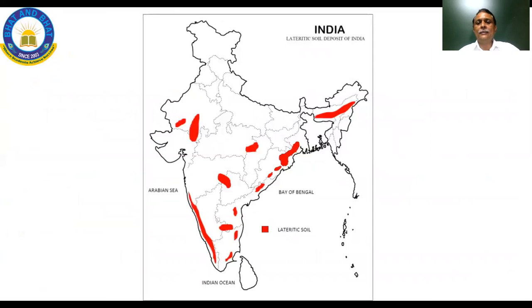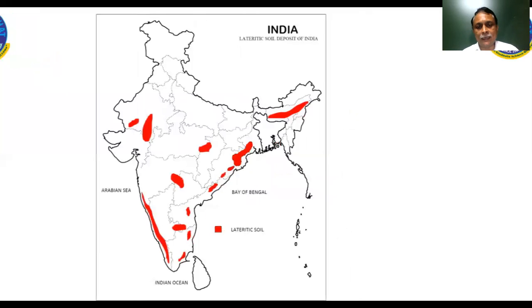You can see that here, the lateritic soil deposits, the entire coastal areas. It is there with very few areas in the center of the country. You can see a little bit in Maharashtra, MP, and a very small part in Gujarat and Rajasthan. But the maximum you will see is in the coastal areas there. You can refer to the individual map also there.